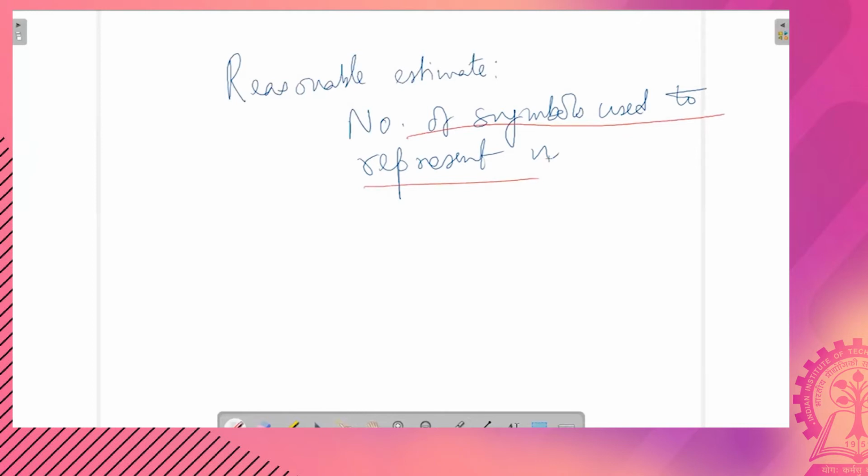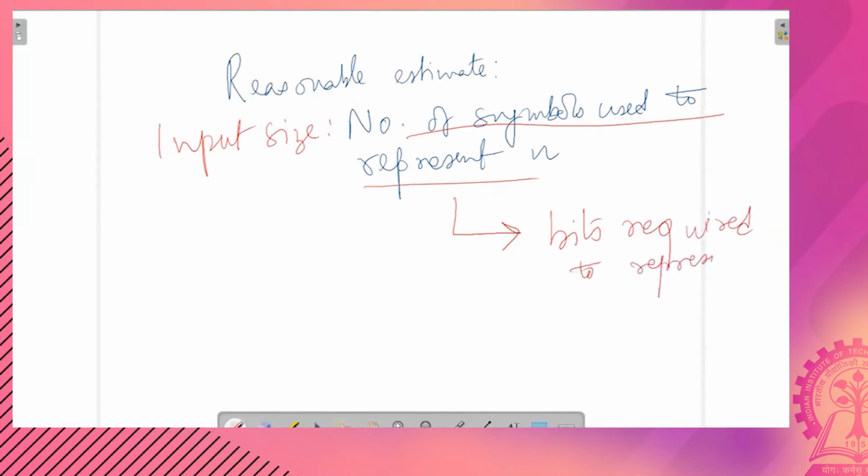And as you know, in computers, everything is in terms of bits and bytes. So we can safely translate this to the number of bits required to represent n.